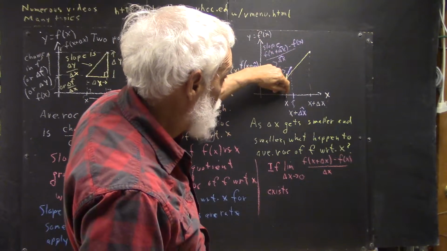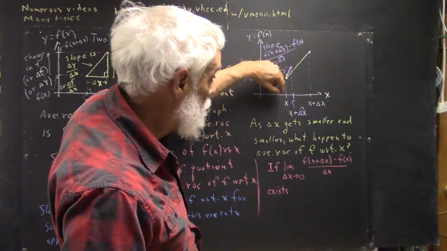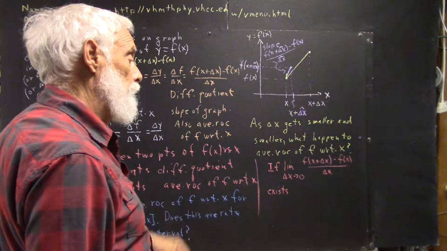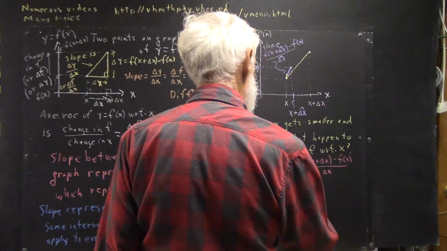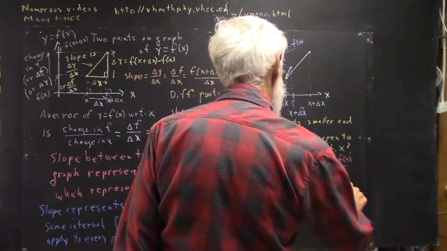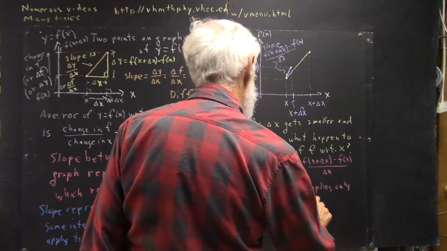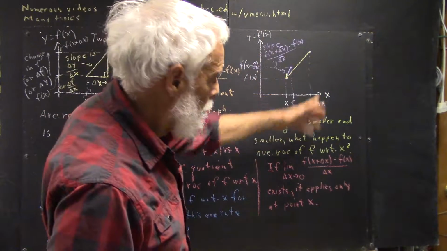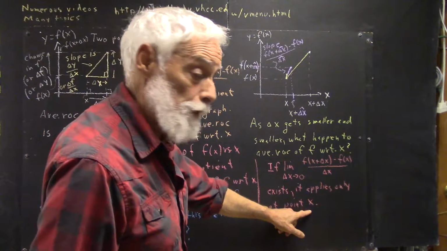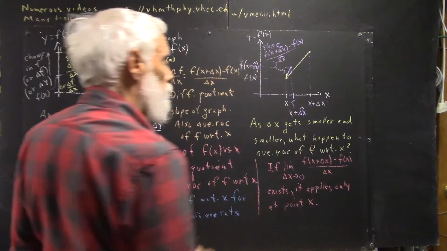Any point, no matter how close to x, that isn't equal to x, the x plus delta x will eventually get closer to x than that point. Maybe think about that. Okay, if this limit exists, it applies only at the point x. That doesn't mean that there aren't other points that might have the same limit, but they don't have the same limit for the same reasons they do at x. Okay? Applying only at the point x,